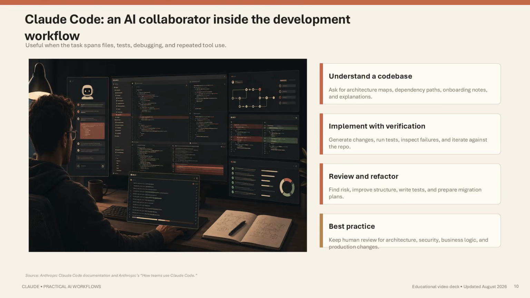But the correct operating model is not let the AI commit whatever it wants. Human review remains critical for architecture, security, business logic, data handling, and production changes. The best developer workflow is one where Claude accelerates exploration and execution, while tests, code review, and engineering judgment remain